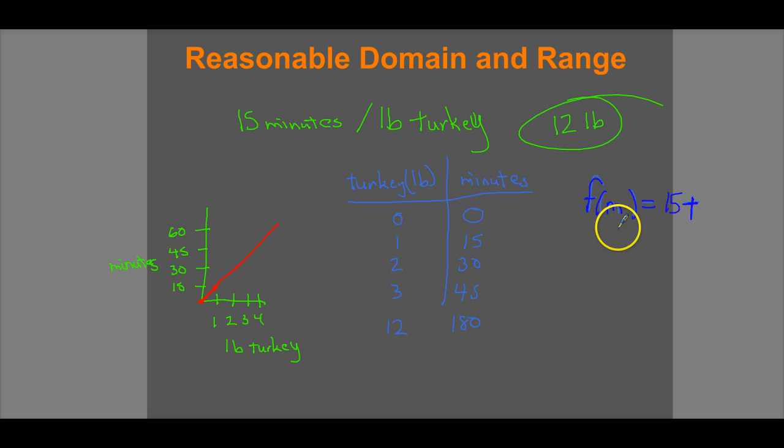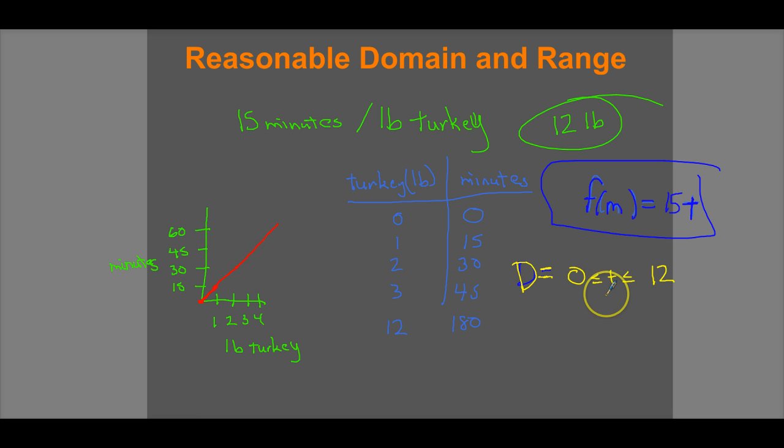So using this rule, I can determine the most amount I can have for domain with the least amount. So the domain here, of course, would be turkey. So my reasonable domain, I'm going to make an inequality, a greater than, less than statement that shows all possibilities. So the least turkey that I could actually substitute in or have is nothing. You could just say, forget it, I'm not making any turkey, so 0. But the most that I can do is 12. And I'll make a little 0 is less than or equal to t is less than or equal to 12,